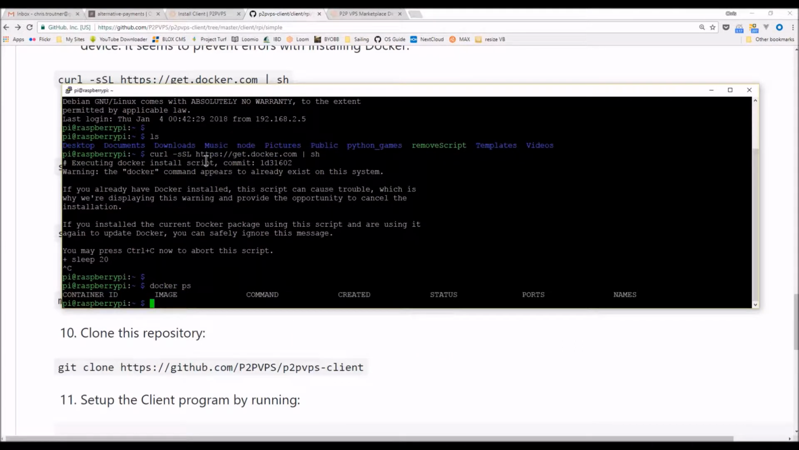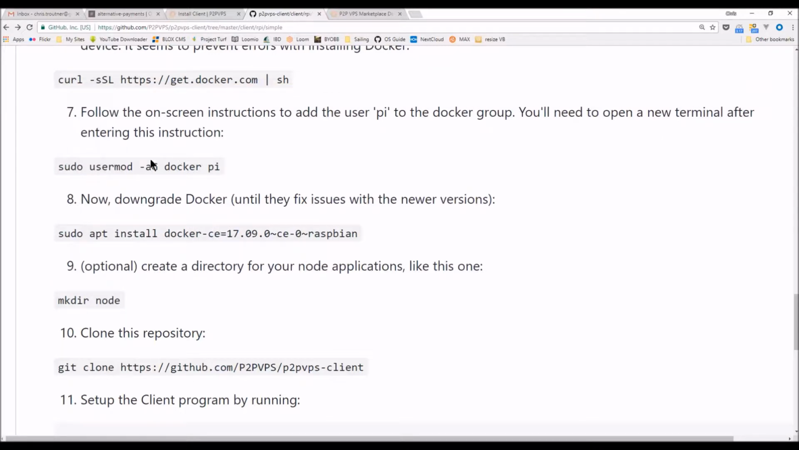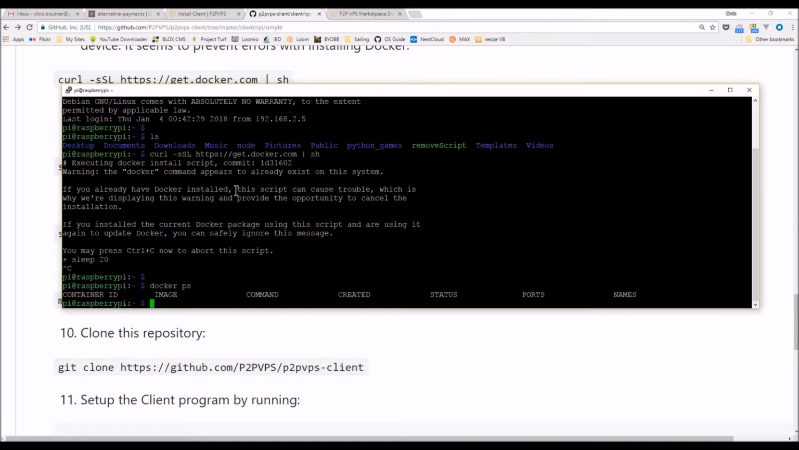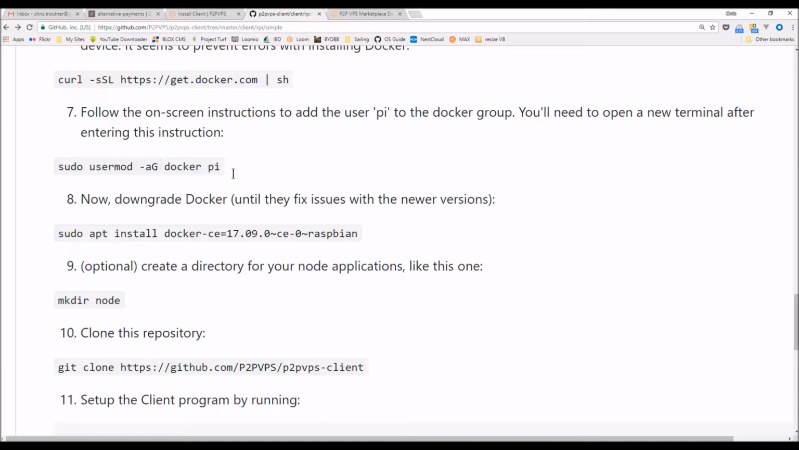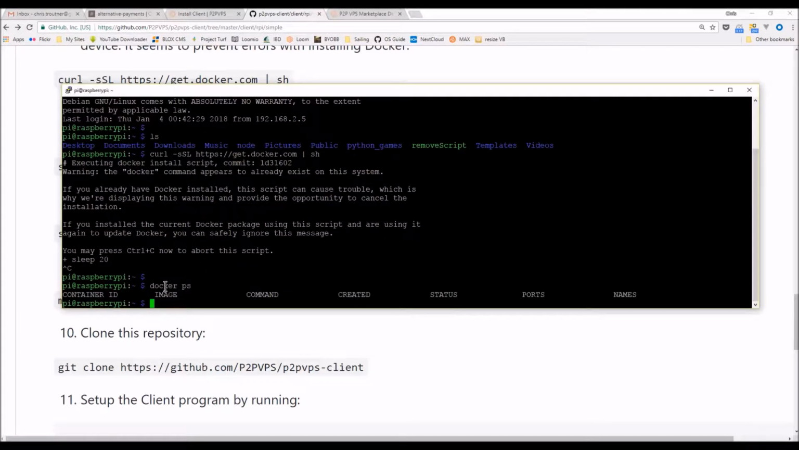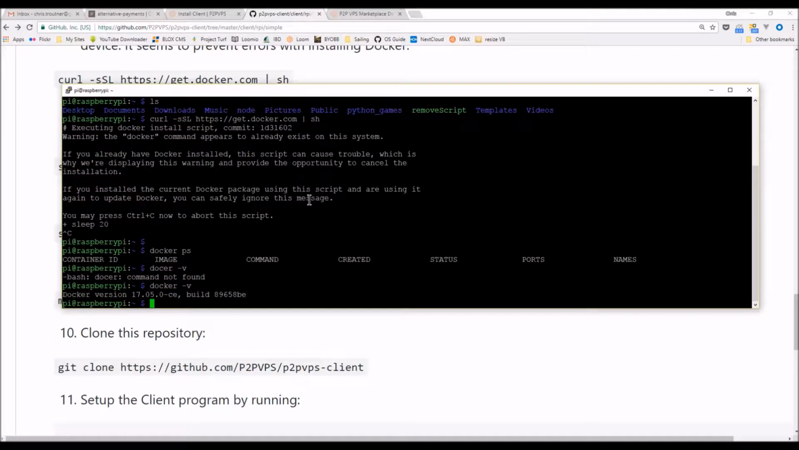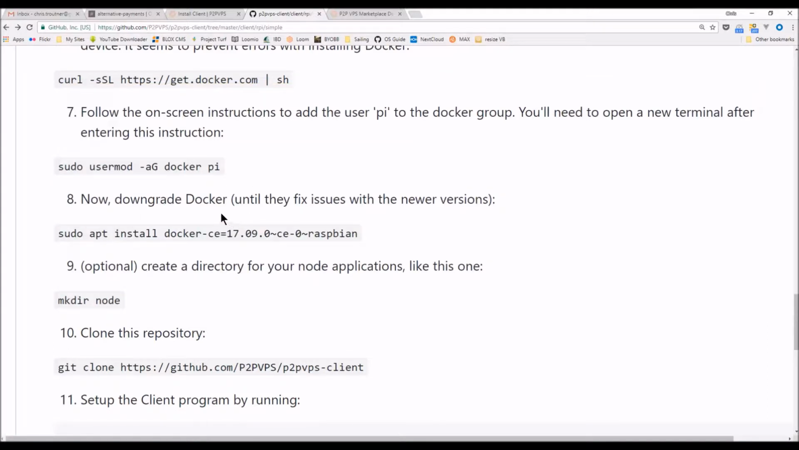So if you run that command and it asks you to provide a password or gives you an error, then you need to log out and log back in order for this command to take effect, and then you should be able to run the command docker ps, and it should just work. You can see here I'm using version 17.05, and